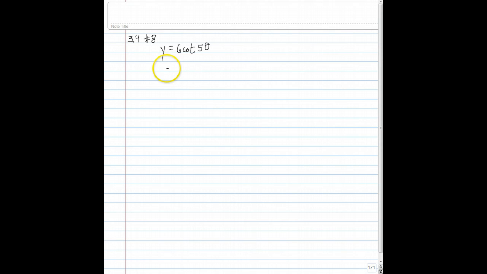So number 8 says we want to find the derivative of y is equal to 6 cotangent of 5 theta. We're going to have to use the chain rule here, where our outside function would be the cotangent and our inside function would be the 5 theta. So when we want to find the derivative of y, or y prime, it's going to be 6 times the derivative of cotangent, which is negative cosecant squared